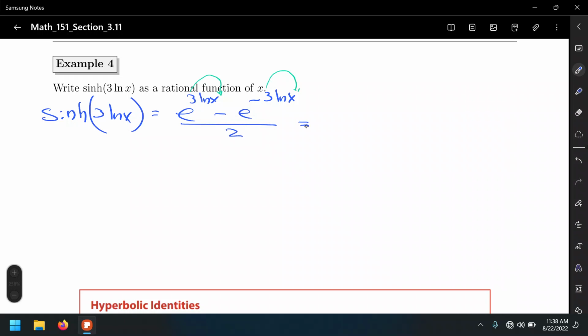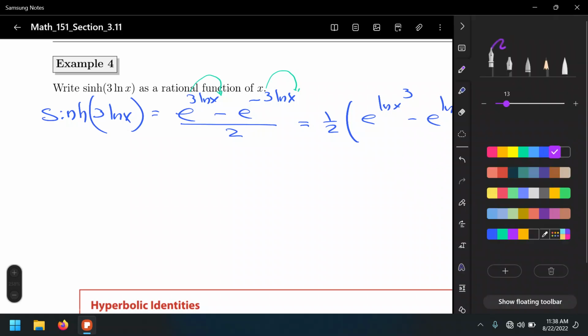My advice this time, to avoid those funky looking rational expressions, is to rewrite this 2 in the denominator as a 1/2 coefficient. So in this case, this will become 1/2 times (e to the ln of x cubed minus e to the ln of x to the negative 3). Okay? And only then